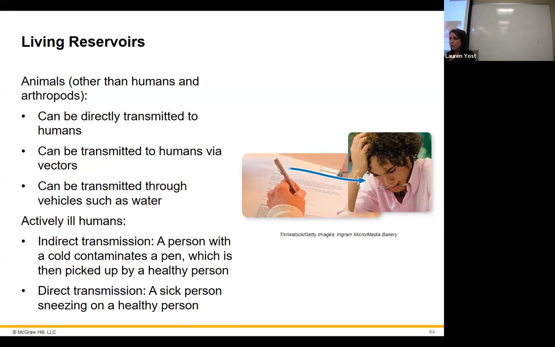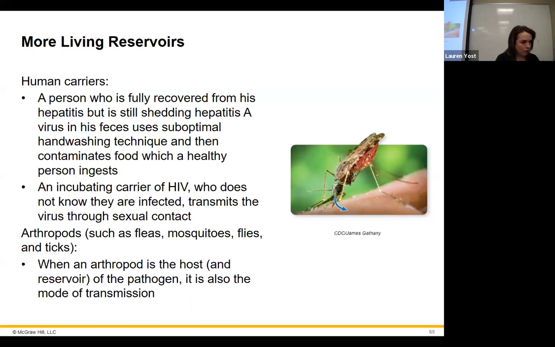So this would be a vehicle. And specifically because it is an object that would not normally be infected on its own, no disease, right? This is called a fomite. There's a special word for this. Doorknobs and things like that are fomites. We are commonly warned about those, yeah. Sink handles. All right. We can also have, like we said, human carriers and all sorts of stuff, but arthropods,